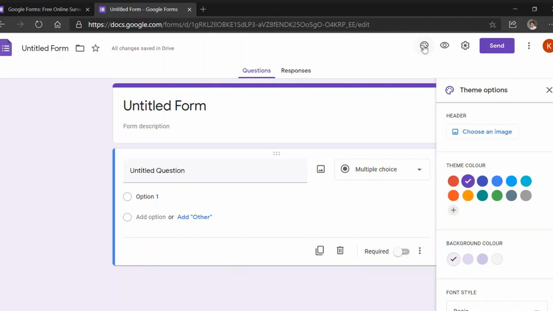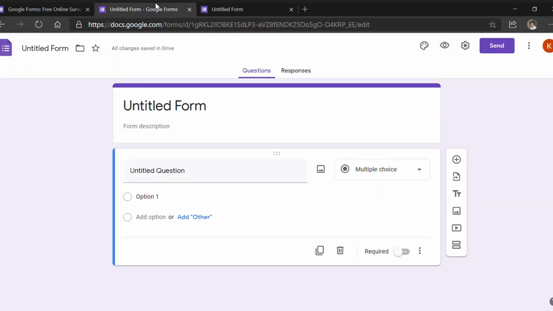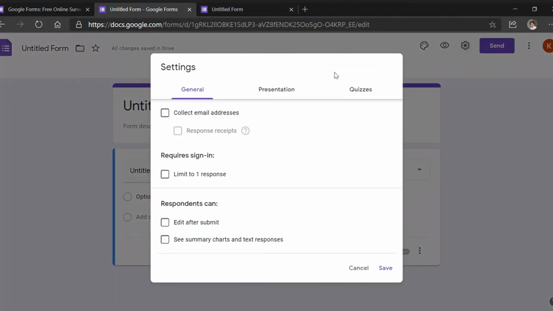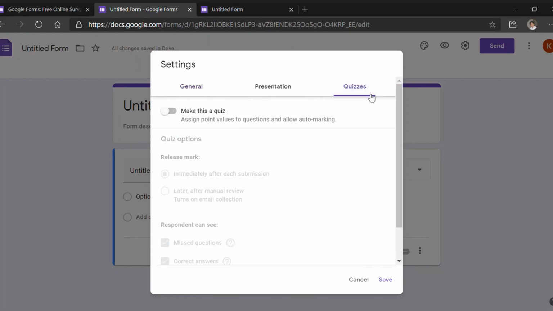Now you can preview the form you have made using the eye icon or the preview button. Now by clicking on the settings button, you can change the settings like collect emails, and from here only you can make the form a quiz by going to the quizzes tab and then taking the option of make this a quiz.